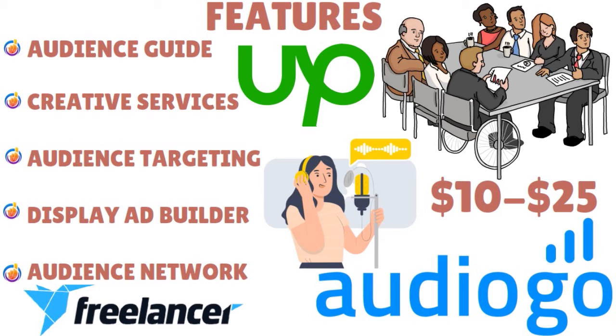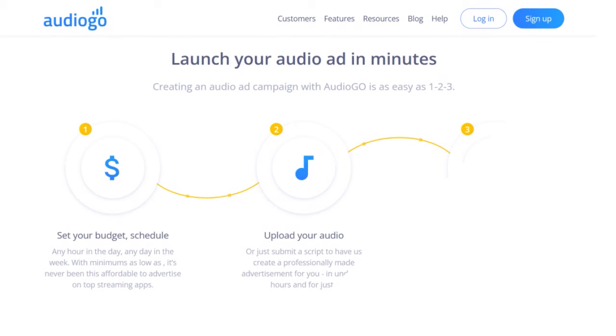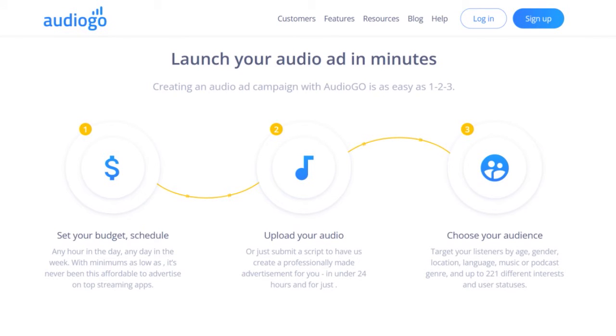And if it comes from AudioGO, you know they have vetted the VO actors or actresses before. In terms of audience targeting, you can reach whoever you want, wherever they are, whatever content they're listening to, whenever in the day. So this is kind of cool. And so overall, fantastic. One thing I also want to say here is that when we talk about audience network, we're speaking about AudioGO allowing you to aggregate the biggest names in music, radio, and podcasting. So you are able to actually reach your listeners via one centralized platform.